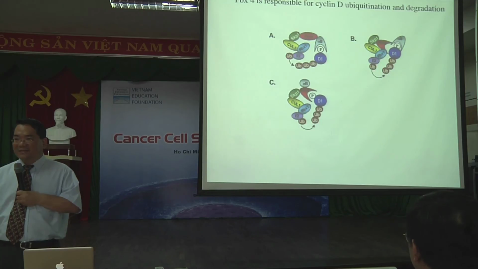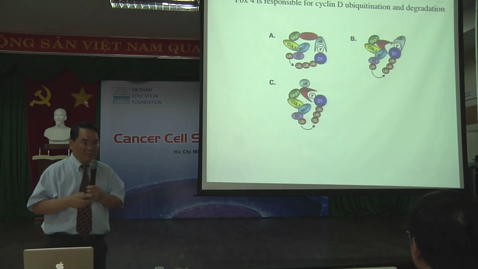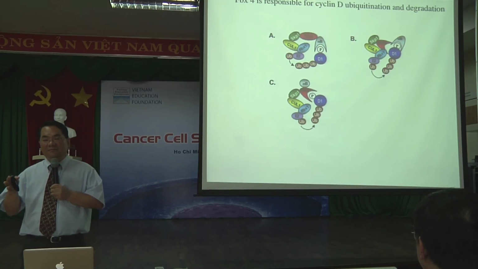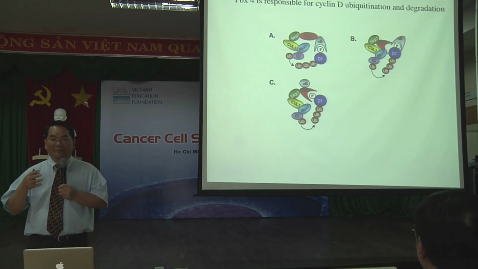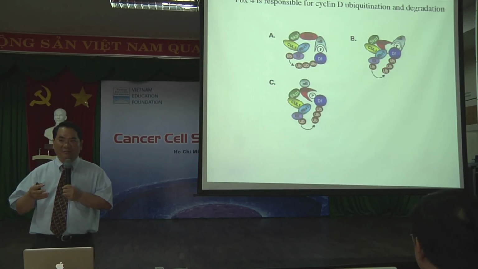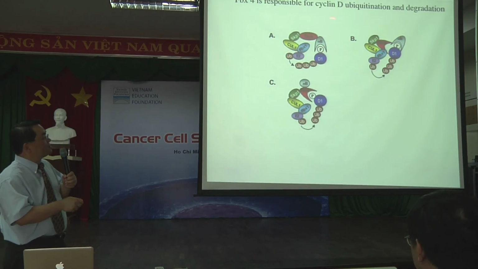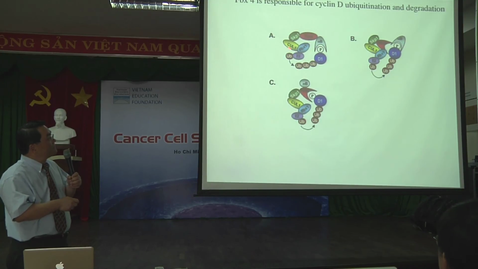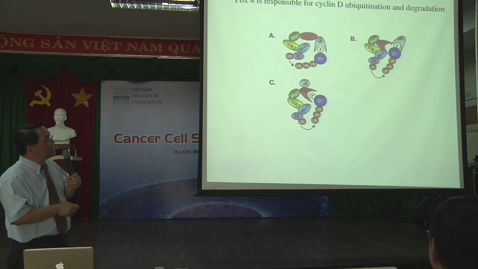So as a scientist, a researcher, okay, you could base on your data to build up a model for your observation. Okay. So this is the model built by the scientists who have done this type of experiment. They come up with another model potentially like this. Is it possible like this? It's a SCF